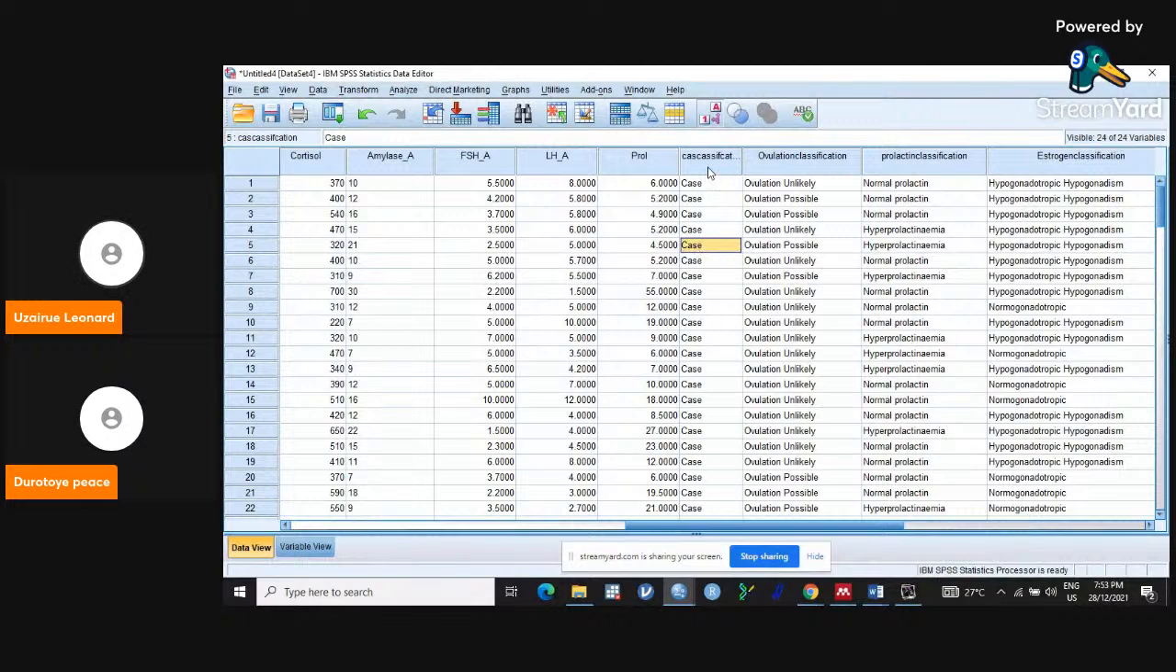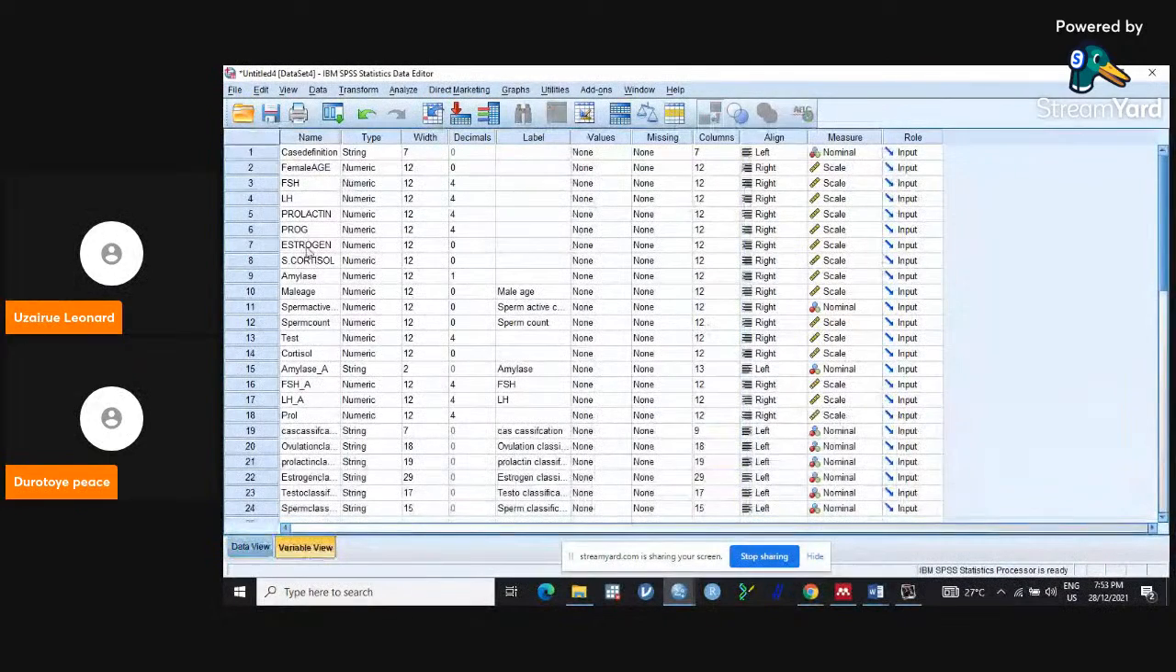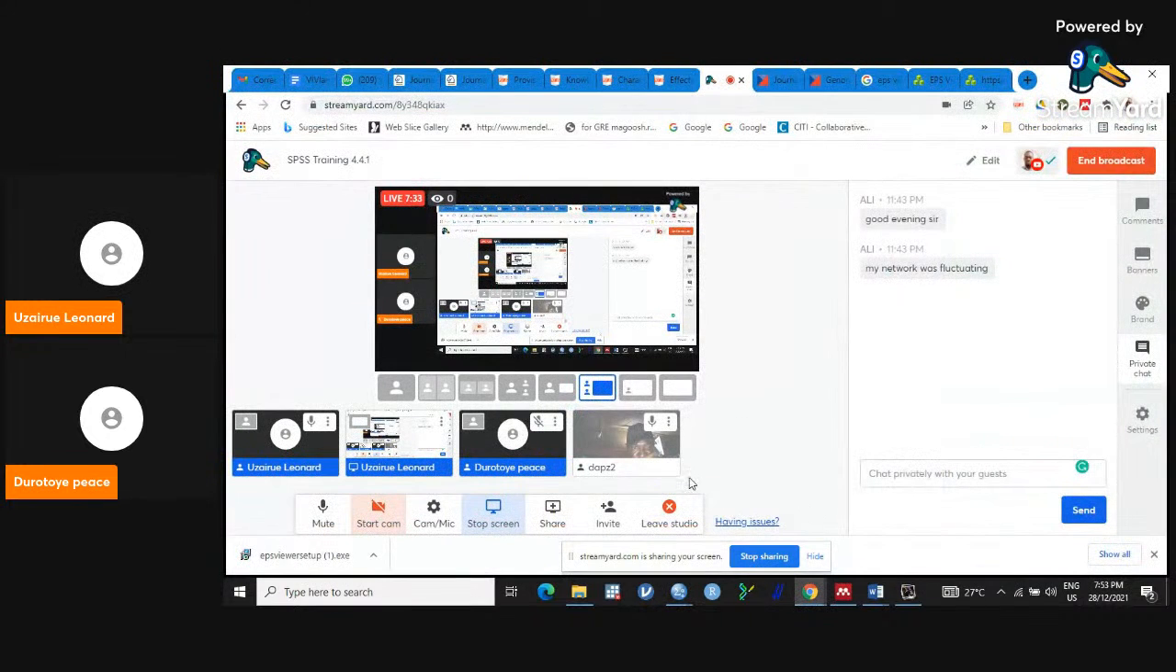I told you earlier that when you come here, you see under data variable view, we have string data, then we have numeric data. And I told you there are some analyses you want to do that the software does not accept string data. What I'm saying in essence is let's